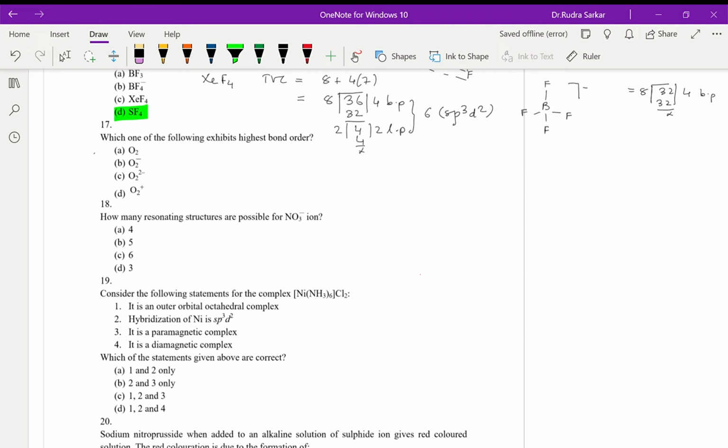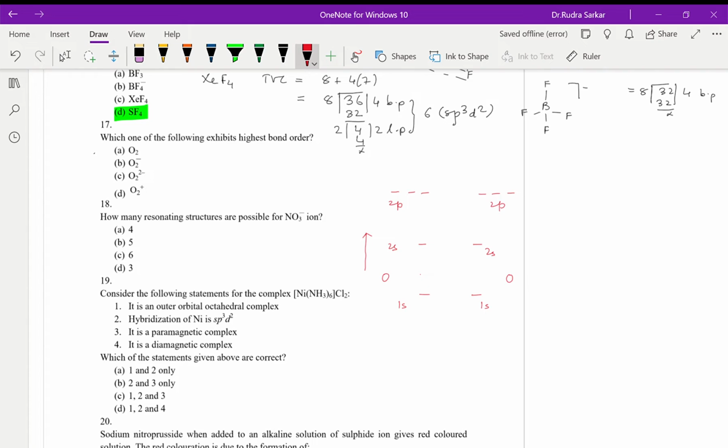In question number 17, we have been asked which one of the following exhibits highest bond order. For that, we have to draw the molecular orbital of oxygen. So say this is 1s, that is 2s, 2s, and that is your 2p orbital for two separate oxygen atoms. Okay, so this is oxygen atom 1 and this is oxygen atom 2. This is the energy